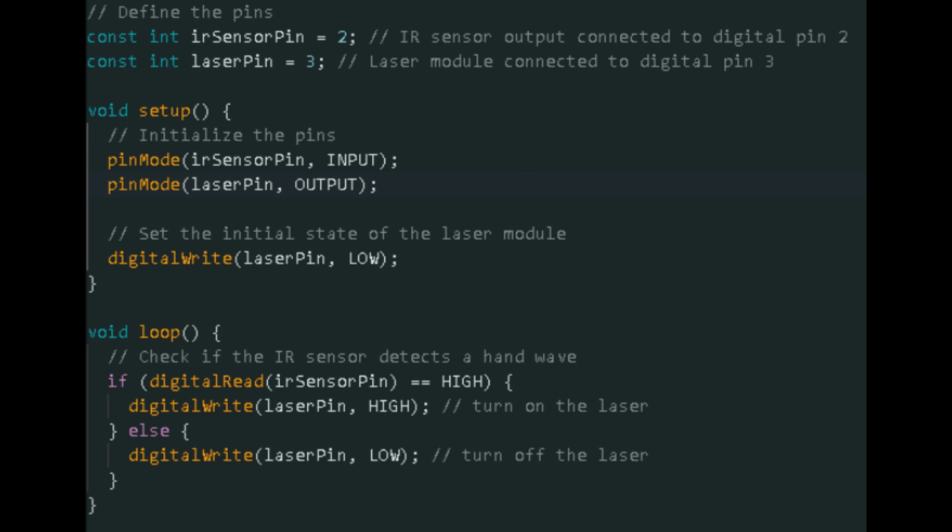If the input state is high, the program turns on the laser module by setting the output pin to high. If the input state is low, the program turns off the laser module by setting the output pin to low. It's important to note that the code is a basic example and may need to be adjusted based on the specific hardware used and the intended functionality. Additionally, proper positioning and calibration of the IR sensor are necessary for